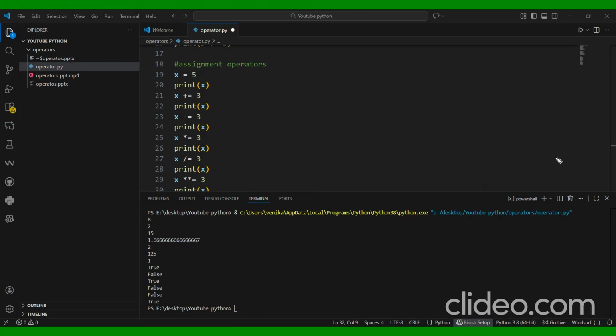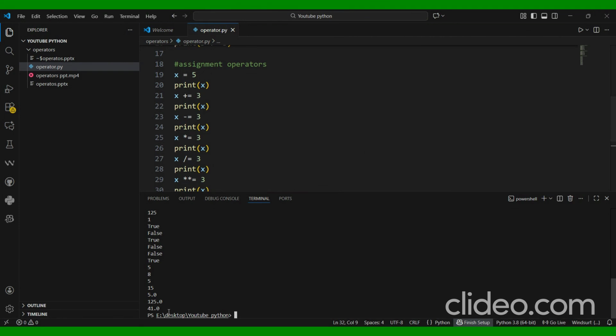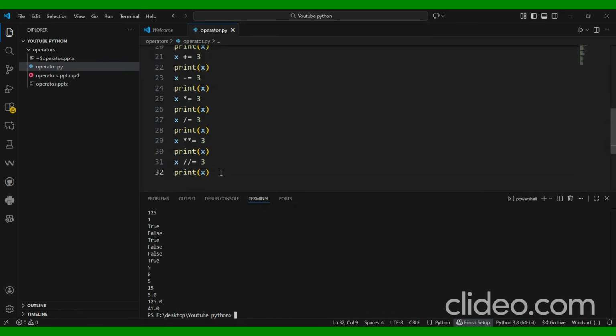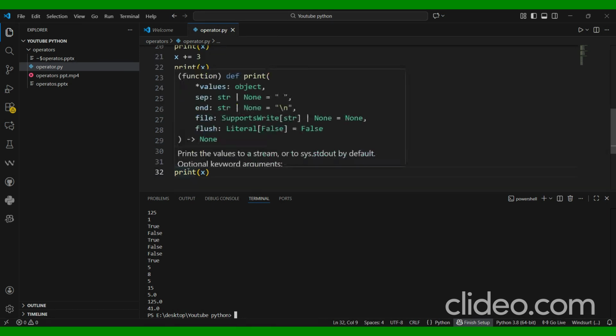Let's see the results. You can match it. It is giving you 5, 8, 5, 15, 5.0, 125. And here we have one more thing, the last one, that is 40.